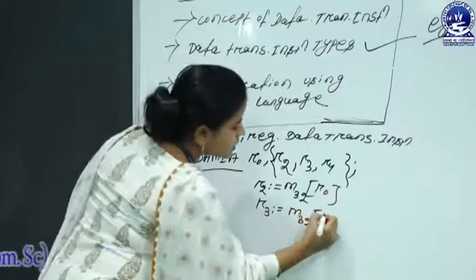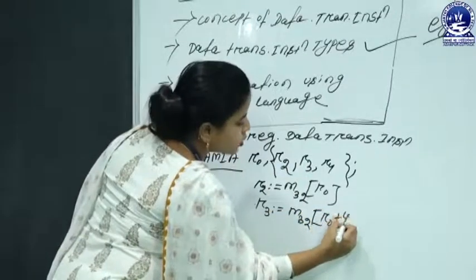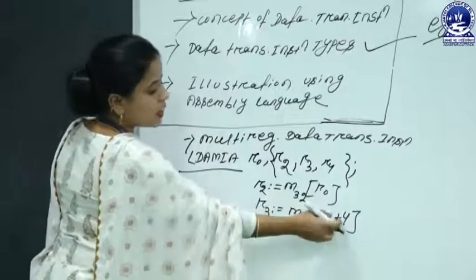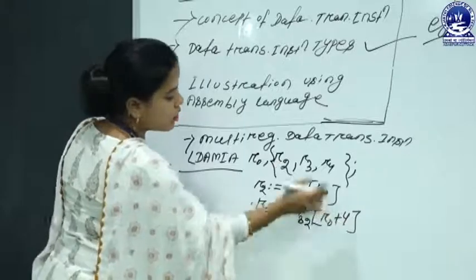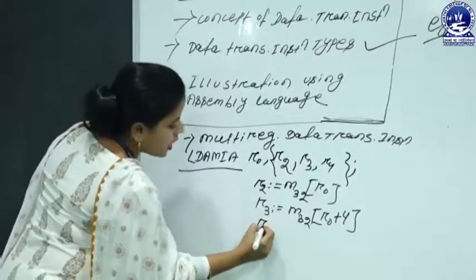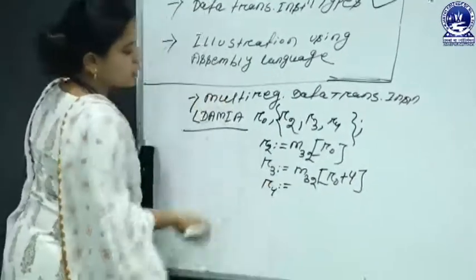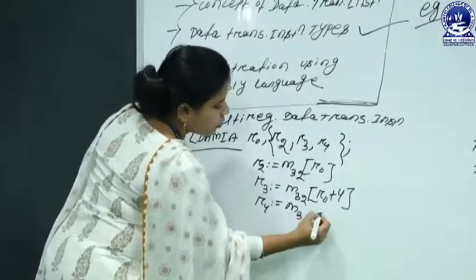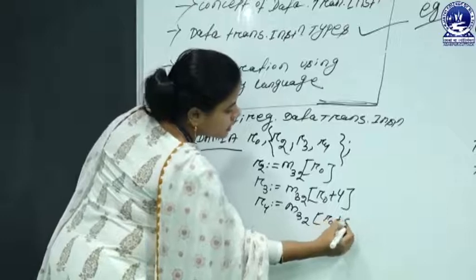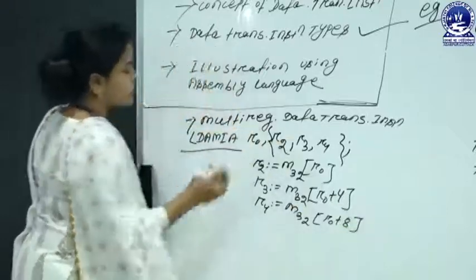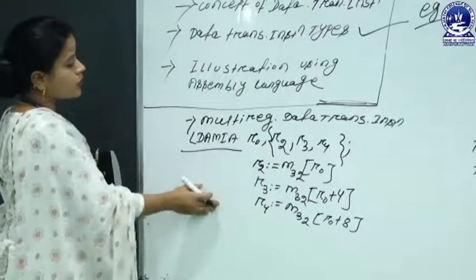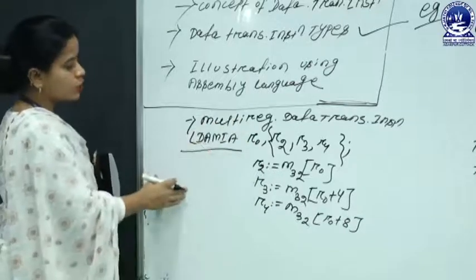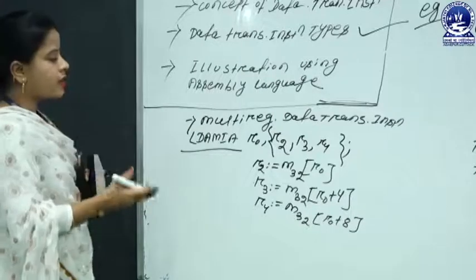So how is that rewritten? That is rewritten as R0 plus 4. That means the addressing identifies the next word by using #4, that is 4 bytes. Now how is the R4 data executed? Here the R4 register holds the memory location of R0 plus 8. That means the next word element. So this is the expression format of the multi-register data transfer instruction execution whenever we need data fetching